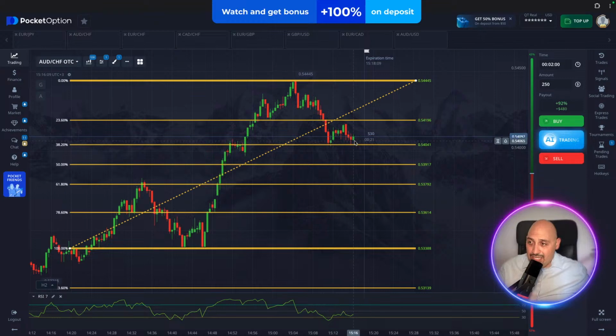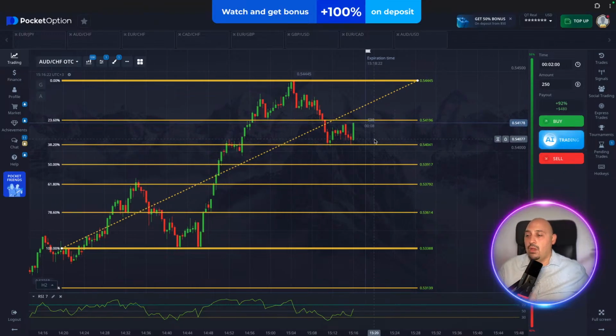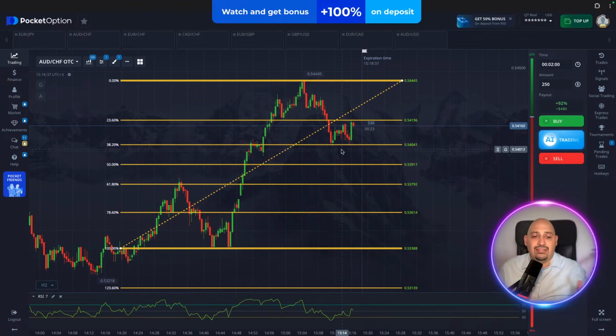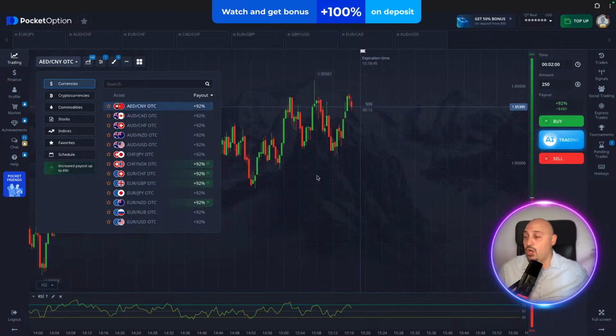So, guys, it seems to me that we have a double bottom here. It could very well be the point, just like we had here, and we could continue to the upside. Of course, I could have opened the trade right over here when I was discussing this, but I did not, because I'm here just to show you and help you understand the Fibonacci levels, and of course, not just to trade randomly. Now, it seems that we do have a double bottom here, but nevertheless, I'm going to move ahead and show you another example, perhaps on another currency pair, to see if we can find or spot